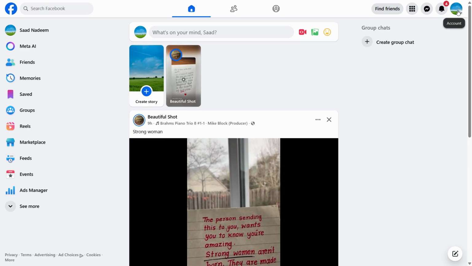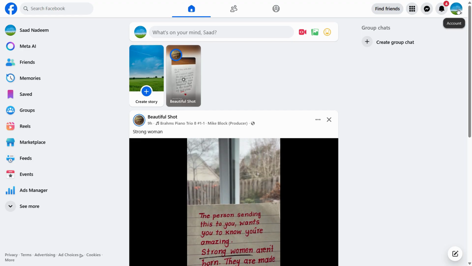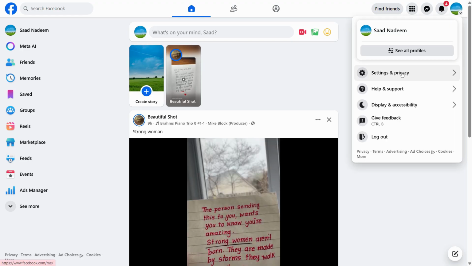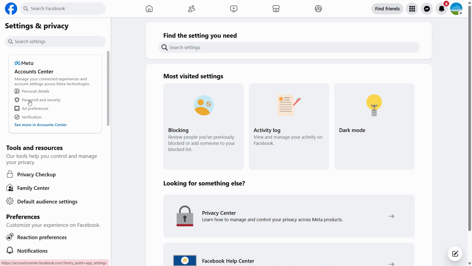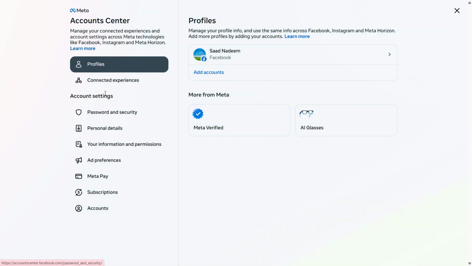First of all, just go to the account on the top right hand corner on your profile and click on settings and choose settings again. And on the left hand side, we can see this password and security in the account center section. Click on this. And once we are in here, we need to click on the personal details under the account